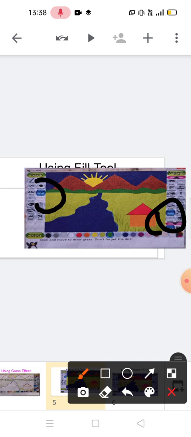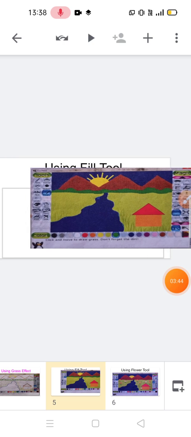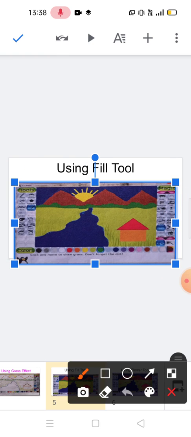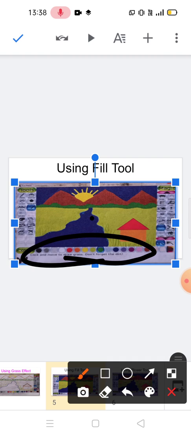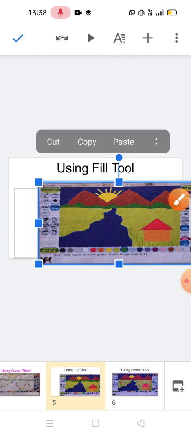After that, you can choose the magic wand, and then go over the river and press. After choosing the color, you can fill the color of the river, the color of the mountain, the color of the grasses, the roof of the hut, and the base of the hut also.